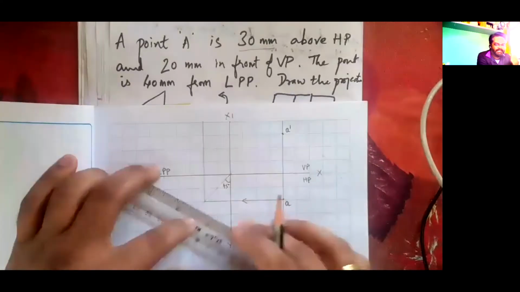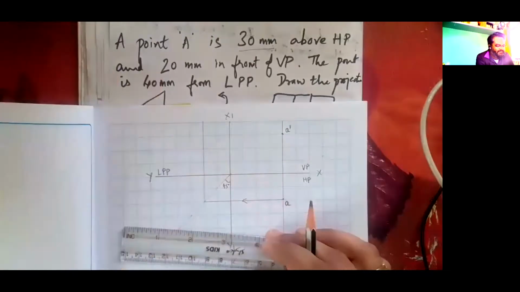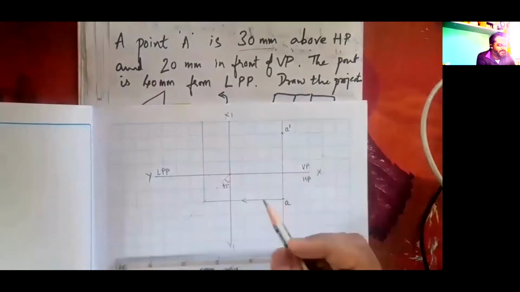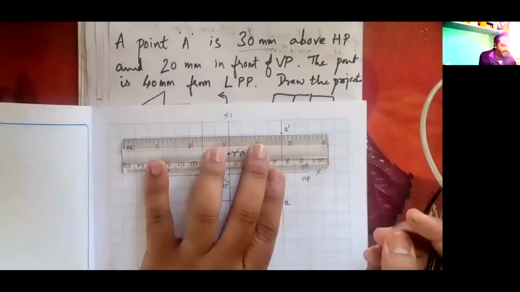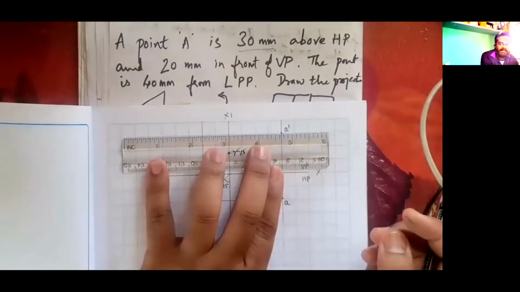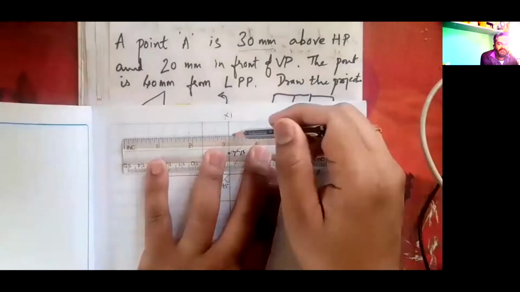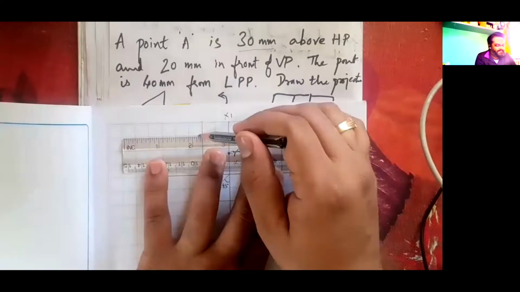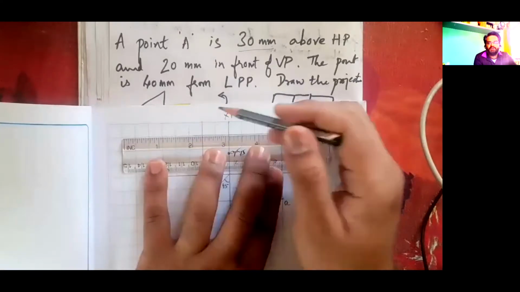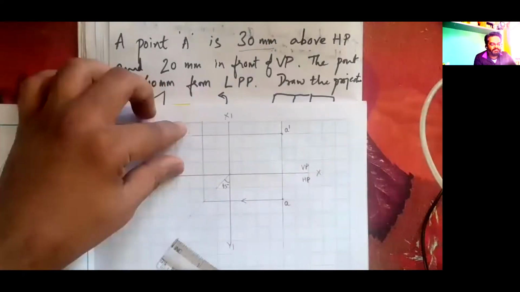Somewhere on this line my side view will lie. Where will it lie? It will lie adjacent to always the vertical plane. From here I will draw a projector from A till this line, again from here to this line, that is lying on this next wall. This is a separate wall. This is a separate wall. This is a separate floor. Got it?